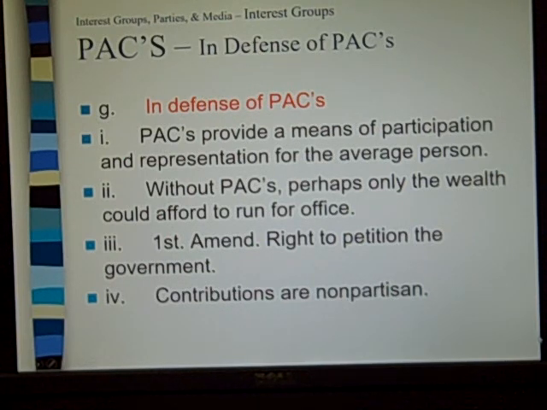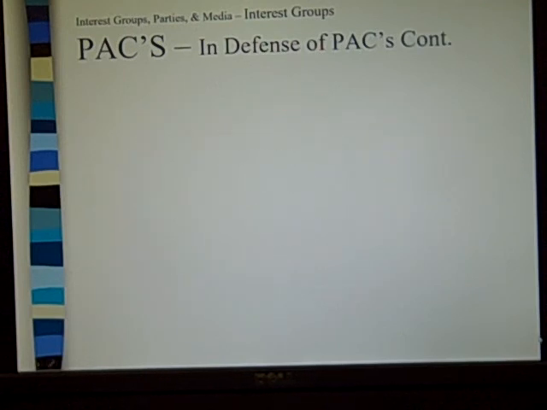One of the good things about political action committees is a lot of them are nonpartisan. Not all of them. Some of them are definitively partisan. But some of the corporate ones, they're just looking out for their corporate interests, right? Or the interest of their members, their labor union, whatever. So it makes them sort of nonpartisan. Okay?